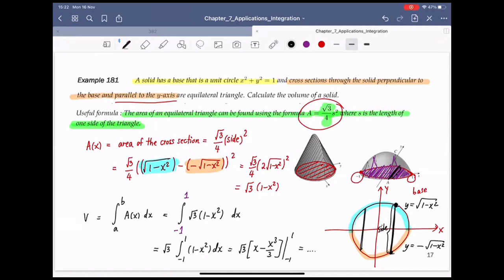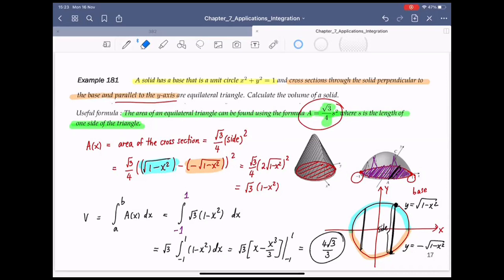Well, you can do it at home. So this is going to be 4 square root 3 over 3. This is your final answer. Well, I already did it. So just plug in the value and replace. All right, so this is going to be the first example on